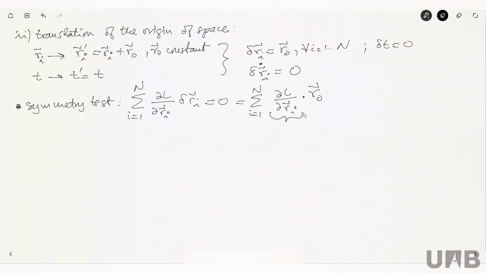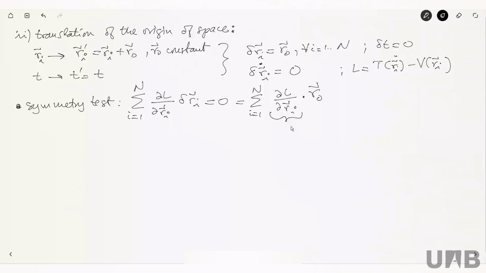If I have a Lagrangian, remember that I have a Lagrangian, which is kinetic energy minus potential. So what is the derivative with respect to Ri? Pi dot,